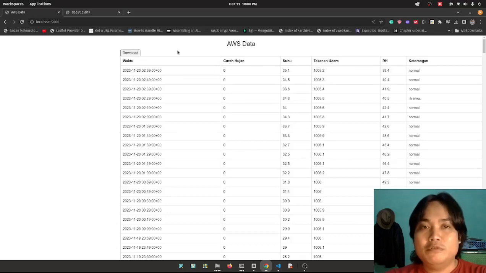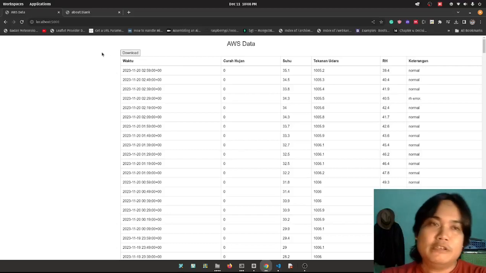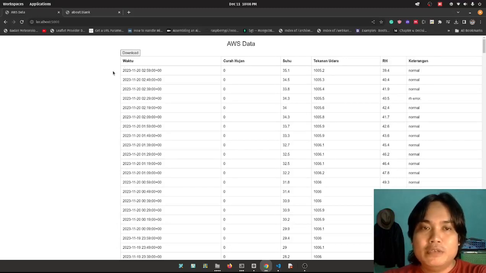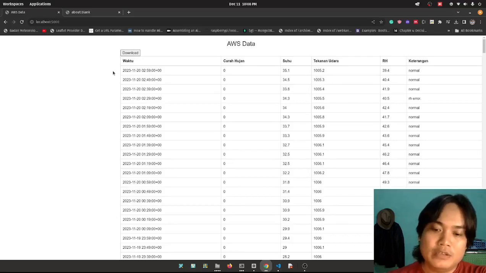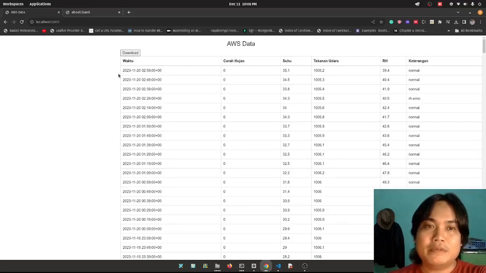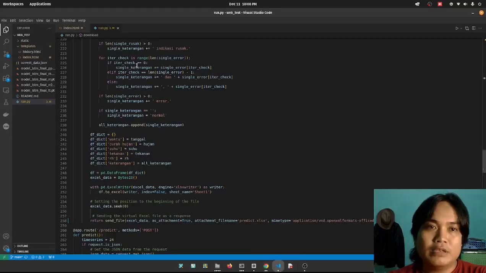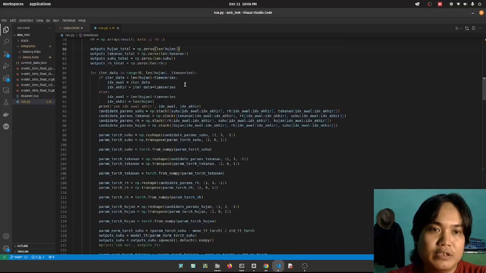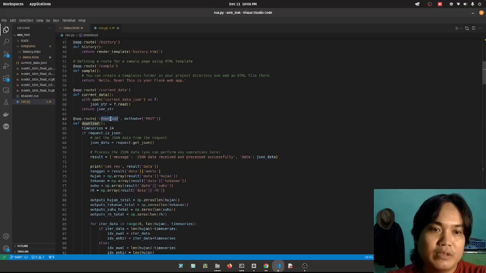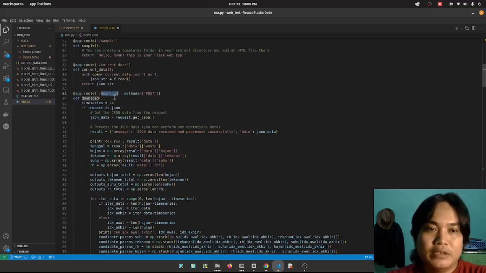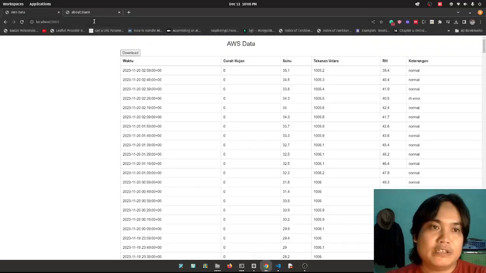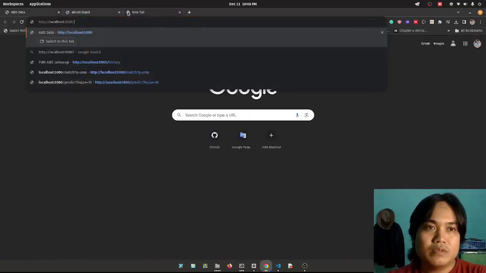Actually, when I click this button, we will send array data to the backend server. It's using the POST method. This is the route that I use. So if we just access download like this,